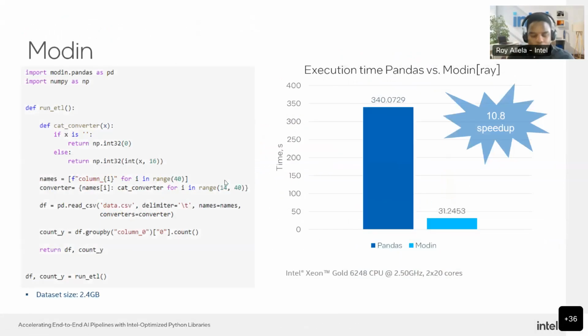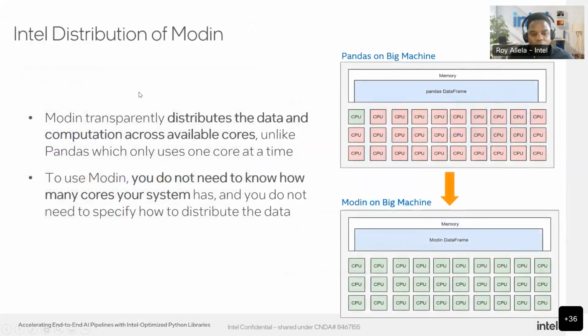So we'll then look at how Modin works and how we get the performance improvement versus Pandas. On the right, we see how Pandas looks on a big machine. You have a multi-core or multi-CPU machine, and Pandas only runs on a single CPU at a time. This translates to poor performance, and you don't utilize your system as efficiently as you should because you only run on a single CPU. However, if you switch to the Modin API on your big machine, you see that we get full system usage across all the CPUs, and this automatically translates to better performance and accelerates your data frames